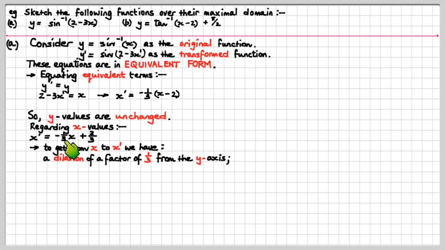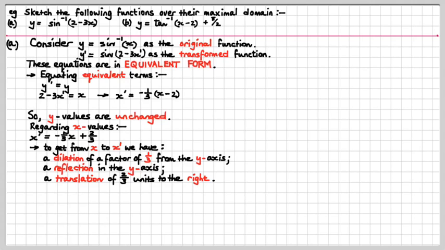This is the logical way, as opposed to another way which is often taught, which is you've got to think in reverse all the time. I prefer this method. Dilation factor of 1/3 from the y-axis. Now, if x is becoming reflected, x is going to minus x. That means we've got a reflection in the y-axis, and then we've got a translation of 2/3 in the positive direction of the x-axis, or to the right. That's what we're doing, and that's all there is, because there are no y